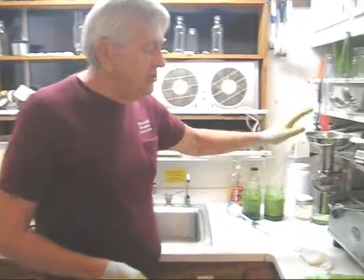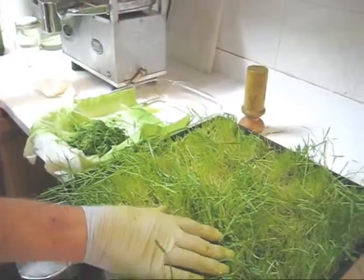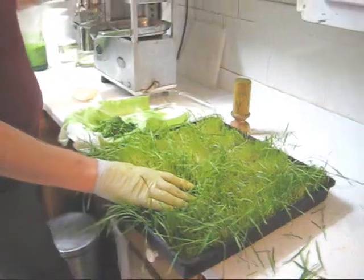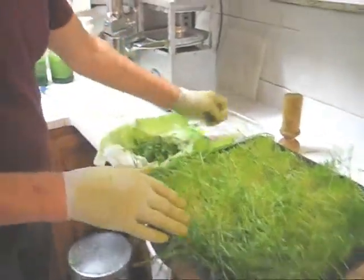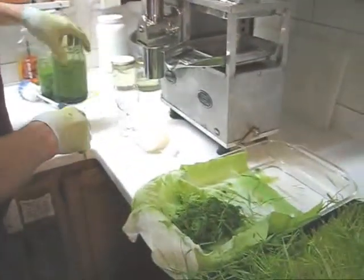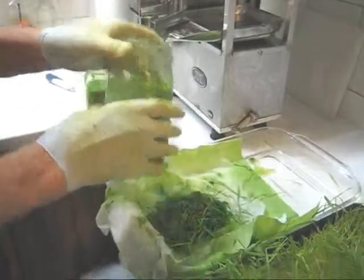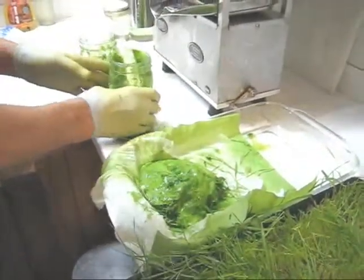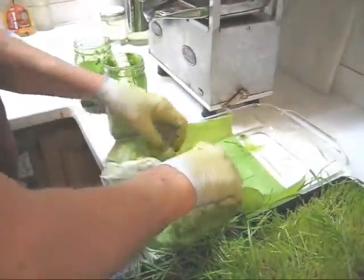Alright my friends, I've finished processing a whole flat of wheatgrass, and I want to point a couple of things out I noticed. The older the wheatgrass is, the tougher it is and the more difficult it is to make wheatgrass juice, including the second growth. So what I've done is I've made 2 containers of pulp, and I'm going to see how many times I can reuse that bamboo liner. So I'm going to pour most of that into the bamboo liner, fold the bamboo liner over,